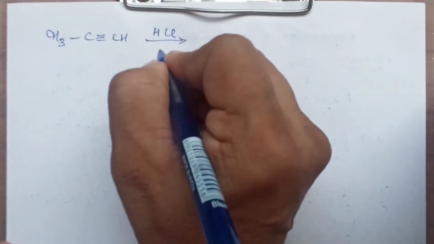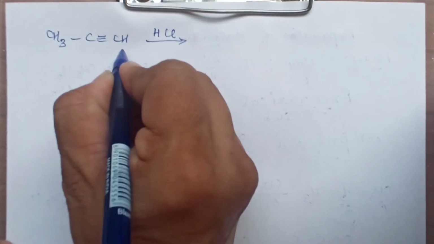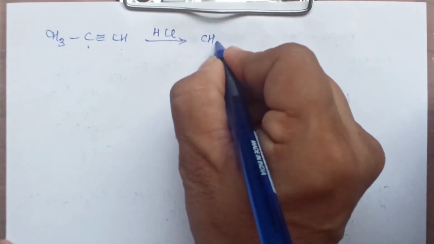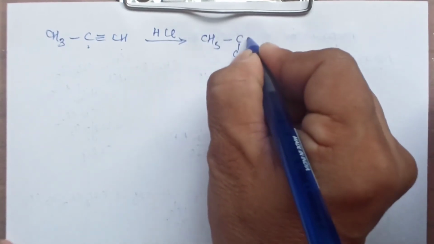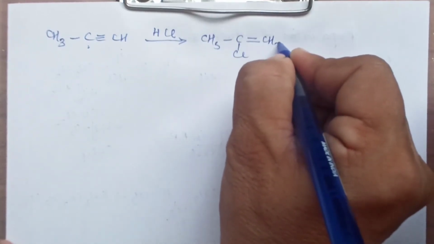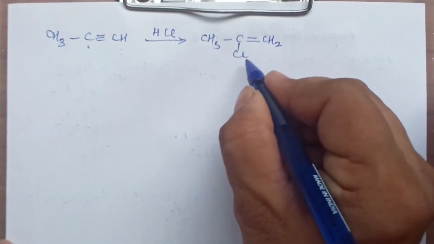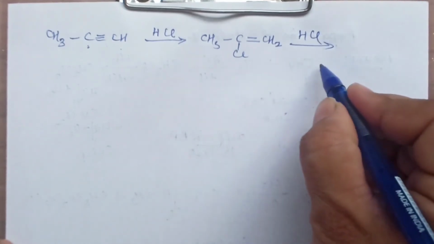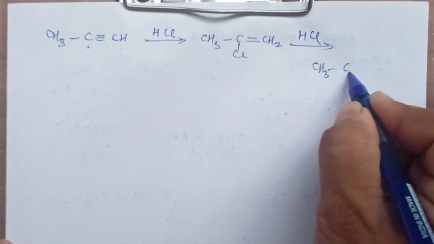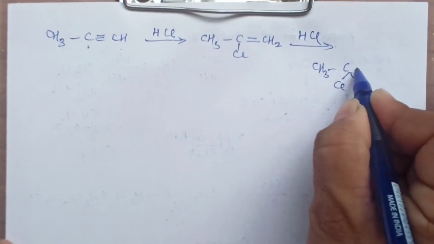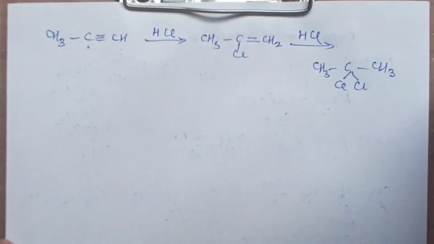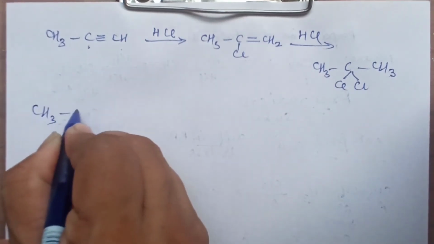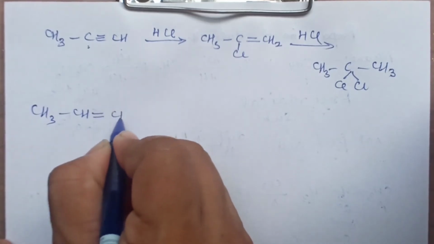Whenever there is an unsaturation present, whether alkene or alkyne, Markovnikov's rule is applicable. So if I add HCl, the first H will add here, and the negative part will attack the carbon atom having less number of hydrogen. So you will have CH3, C, Cl. When one molecule is added, it will be a double bond now, and H2. Still there is unsaturation, so one more HCl can add on here. You will again have Markovnikov's rule, CH3, C, with 2 chlorines added here, and here you will have H3. Got it?